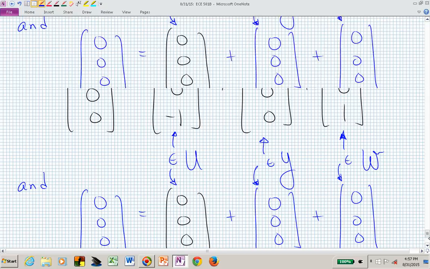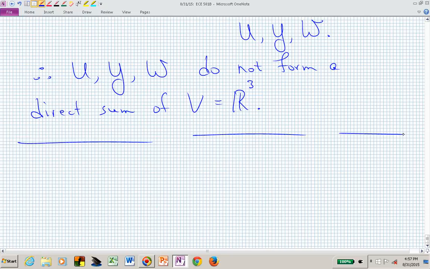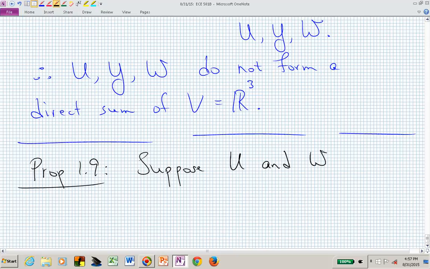Let's look at proposition 1.9, which is another proposition that talks about these direct sums. Suppose subspaces U and W are in our vector space V. Suppose U and W are subspaces of V. Then